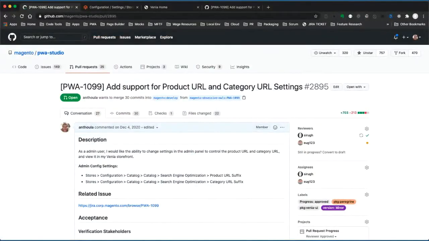Sounds good, thank you. Let me share my screen. Okay, so these are some features we worked on for Multistore. What we did was we added support for product and category URL settings that are configurable in the admin panel. So I'd like to show you a demonstration of that and walk you through a little bit of how